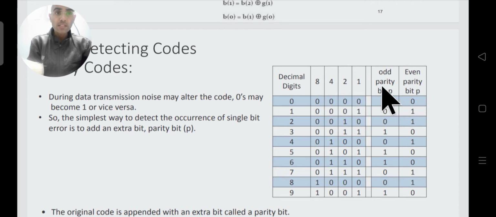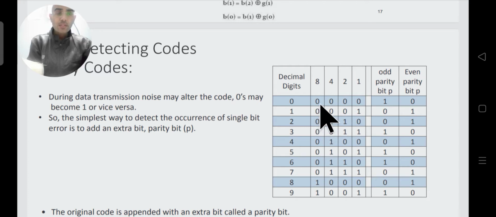Whereas if the number of ones in the message including the extra bit is an even number, then we call it even parity. So there are two types of parity bits which can be included: one is odd parity and the other is even parity.